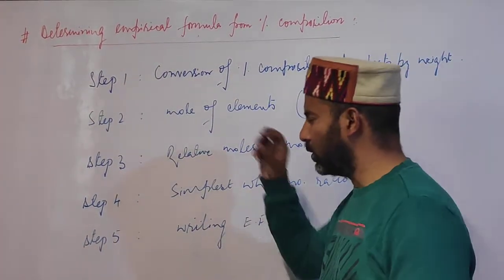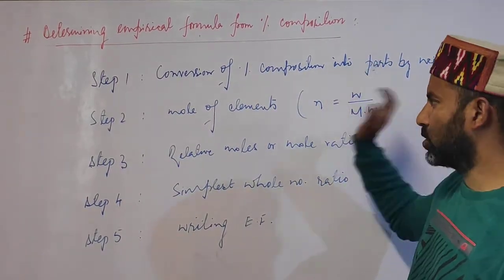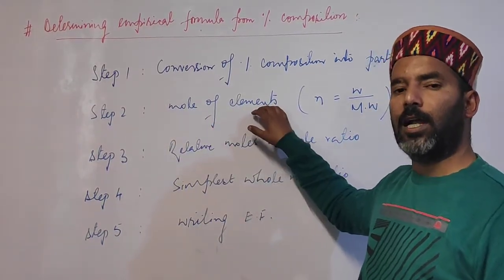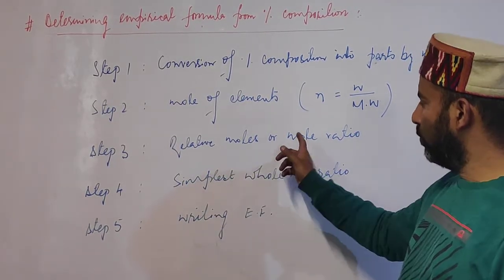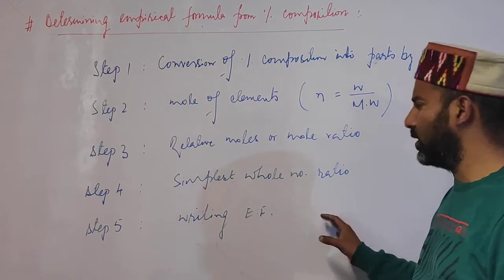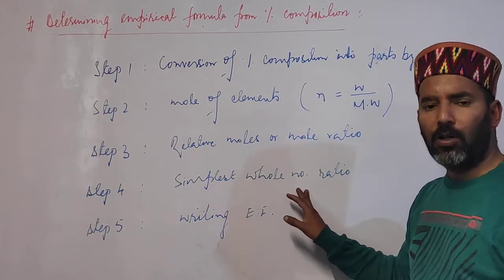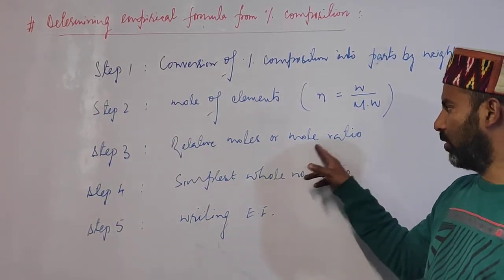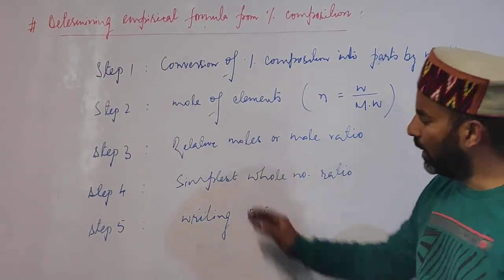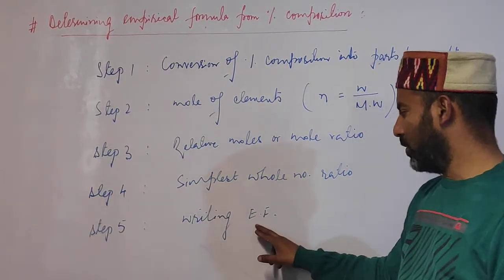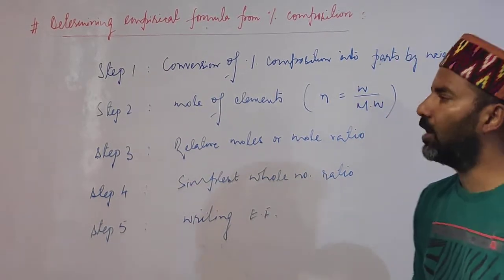So let me give you a quick revision. First, we'll convert the percentage composition into weight in grams. Then we'll determine moles of atoms of various elements. Then we'll find mole ratio, and then we find simplest whole ratio. Mole ratio को whole number ratio में कैसे convert करेंगे students? We do either it by general rules of approximation, or we'll multiply the result obtained from this step by a suitable integer so that we get a whole number ratio. And then from whole number ratio, because we know that empirical formula is the simplest whole number ratio, यहाँ से आपका empirical formula आप लिख दोगे.